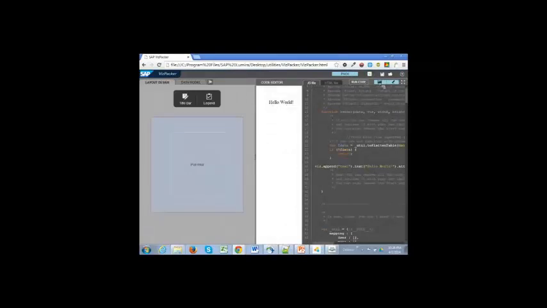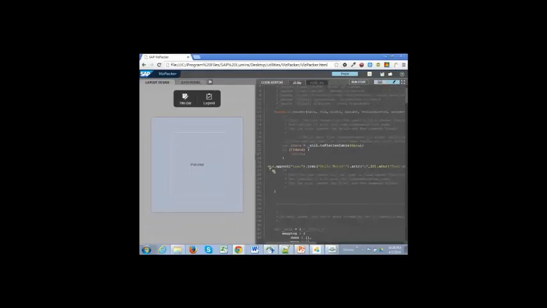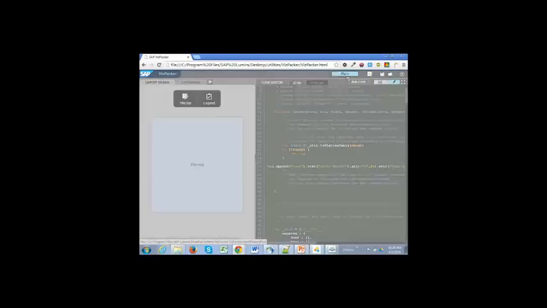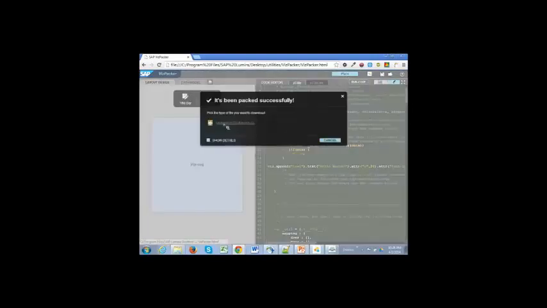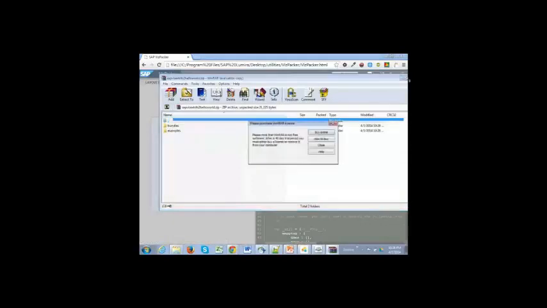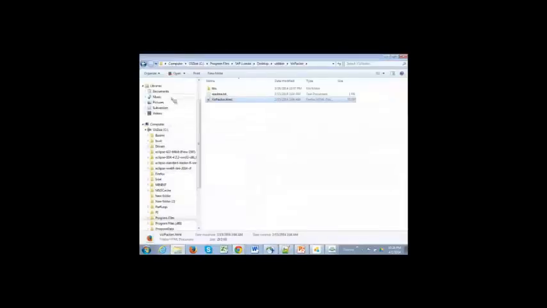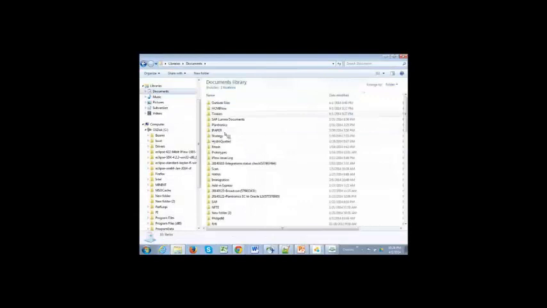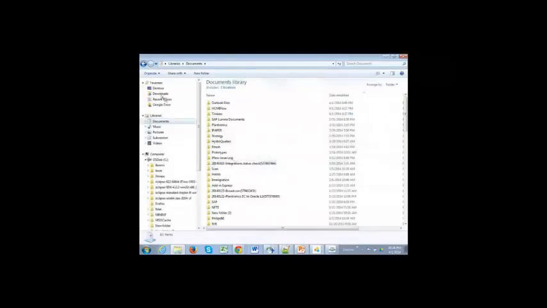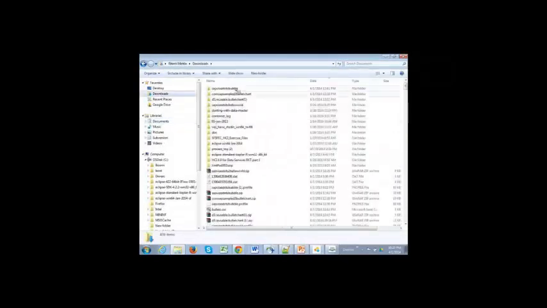Just to show you the further steps you need to do. Once you have this code in place, you need to pack it. So you click on pack, it creates a zip file for you, and then you click on the zip file, and it will be in the downloads folder. Okay, if I go to the downloads folder, downloads, and